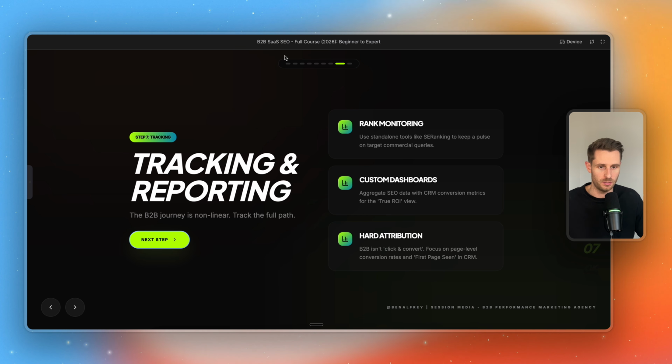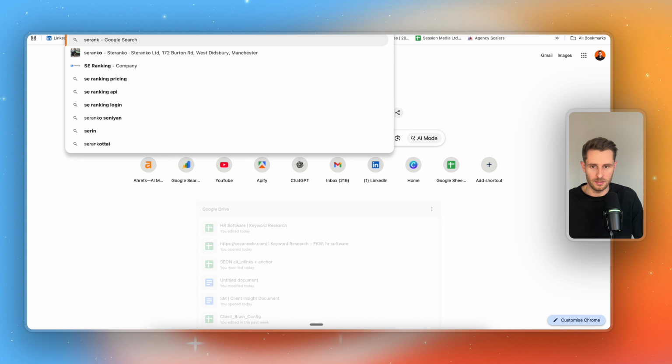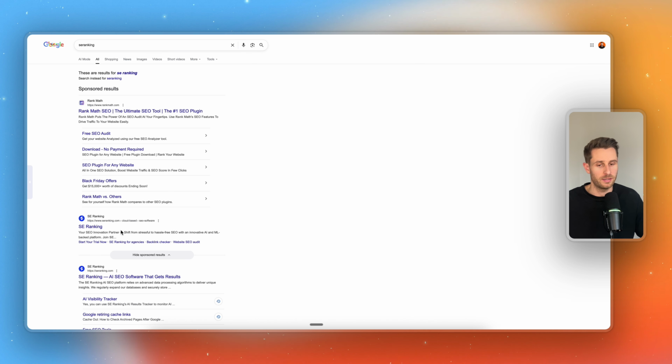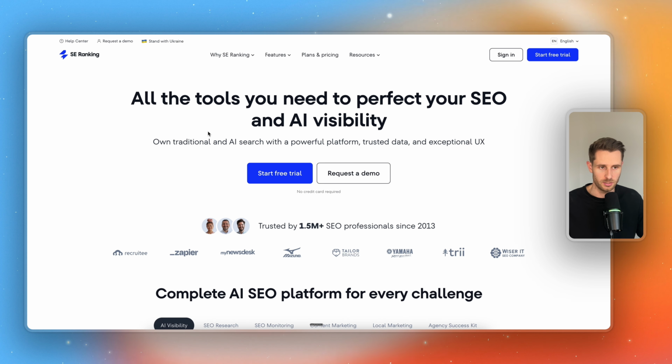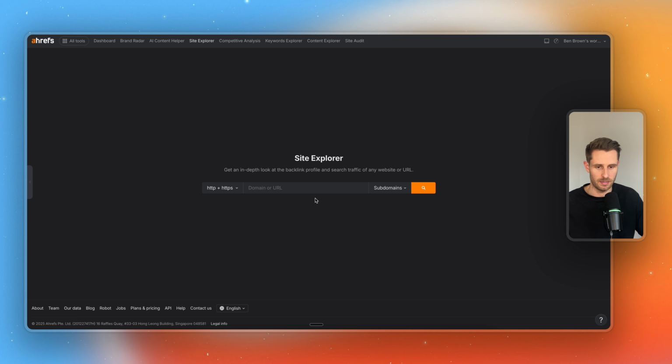So the first one is quite straightforward. We want to have a look at how well or how much we've improved in the ranking for our core terms. And there's a number of standalone ranking tools that are great, such as SE Ranking. We used to use these guys quite a lot before using our own tools. The second part is coming back into